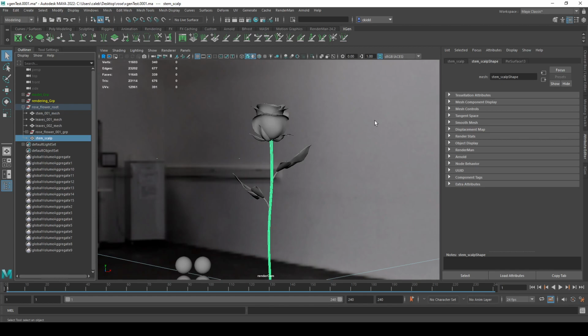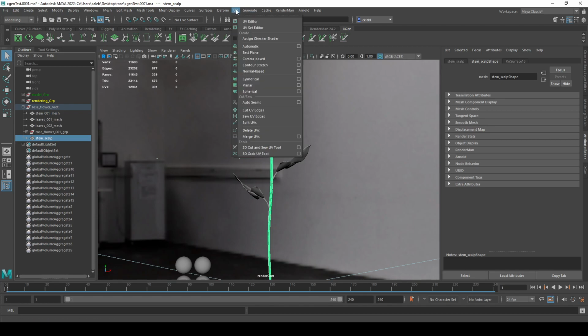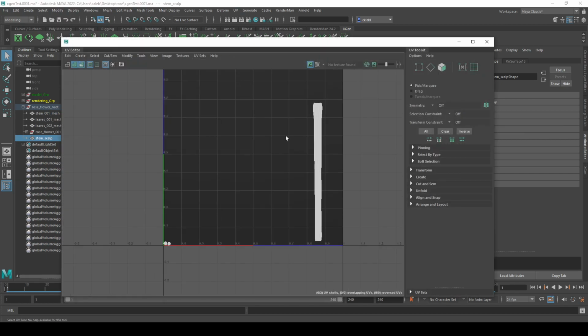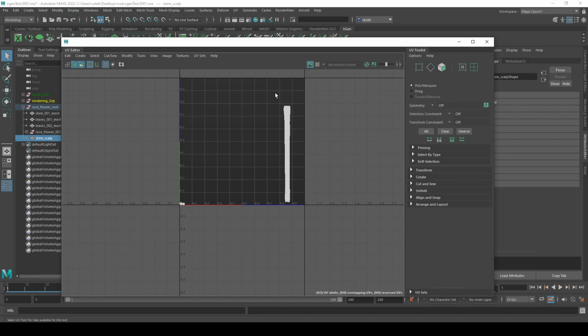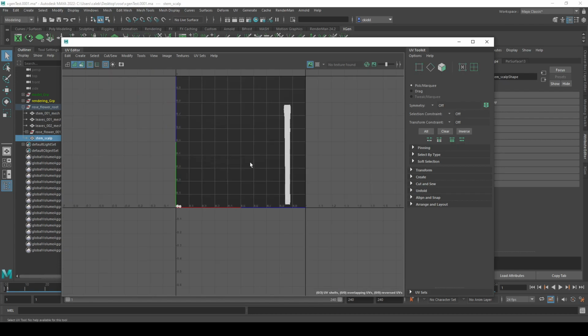So there's a lot of points of failure for Xgen. So we're going to go to the UVs. The next thing we want to do is make sure our UVs for our object are all on this first UV tile. You might as well if it's the only object. For instance, it shares it with the rest of the rows, right? There's a bunch of UV tiles here, but I'm just doing this